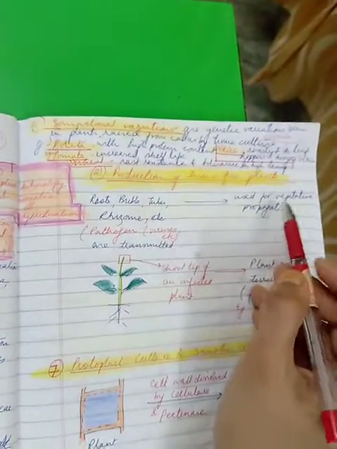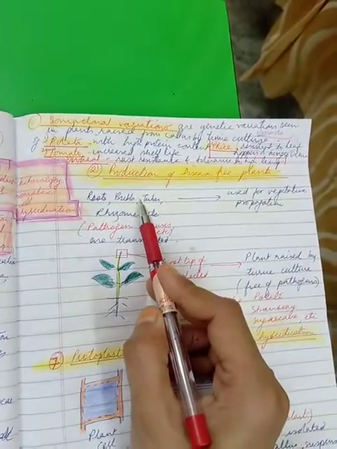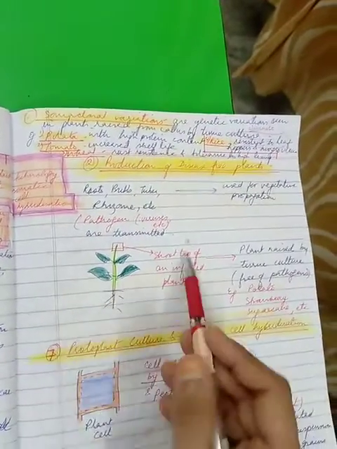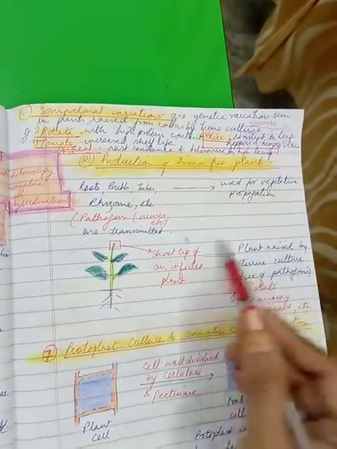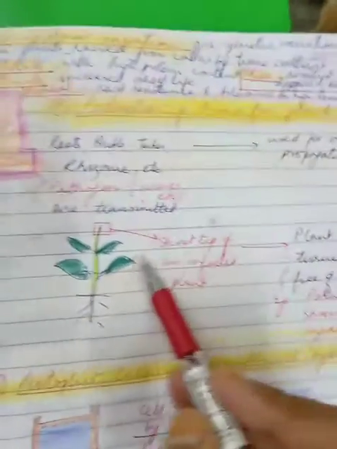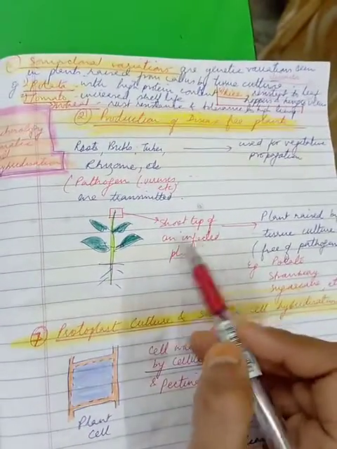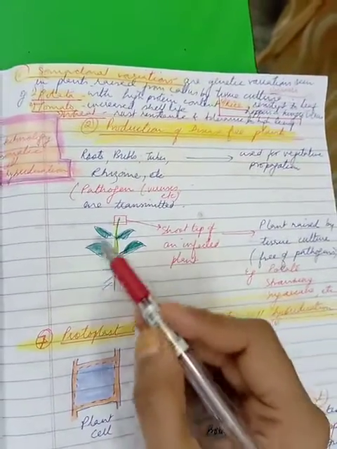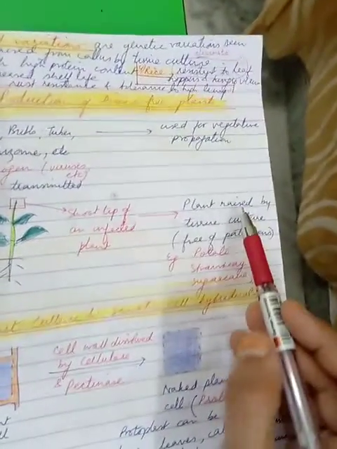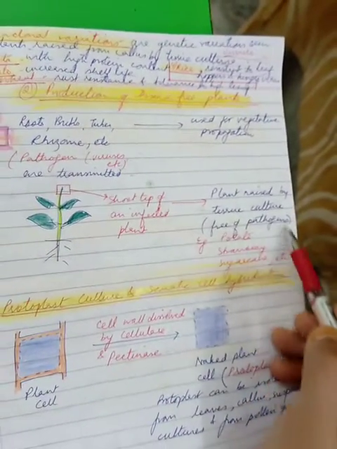In that case, the new potato plant will definitely have this pathogen infested over here, and it will be transmitted to the offspring. But the benefit of tissue culture is, suppose this is the tissue culture, our current topic that we are studying here. Suppose this is the potato plant and you have used the shoot tip even of an infected plant. This whole plant is infected. But if you have used the shoot tip and you have multiplied or raised the plant by tissue culture, the plants will be free of pathogen.